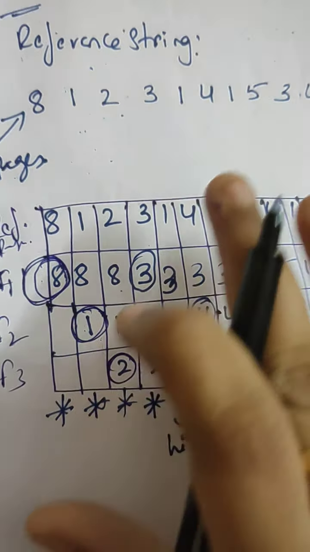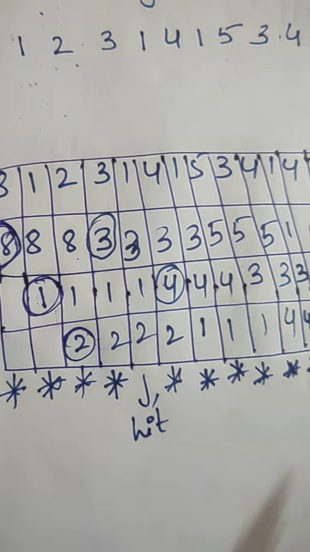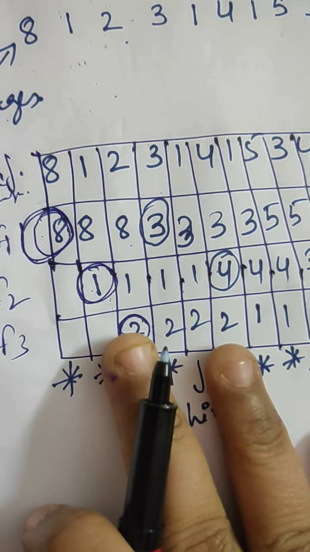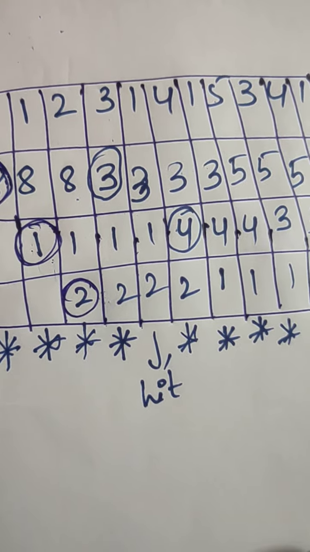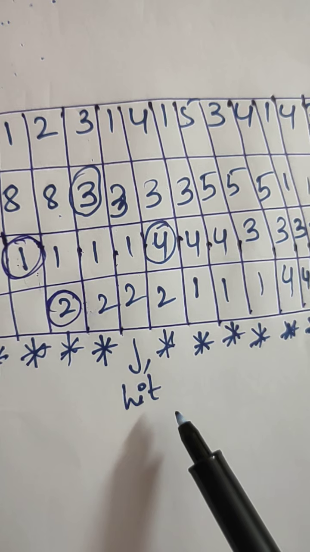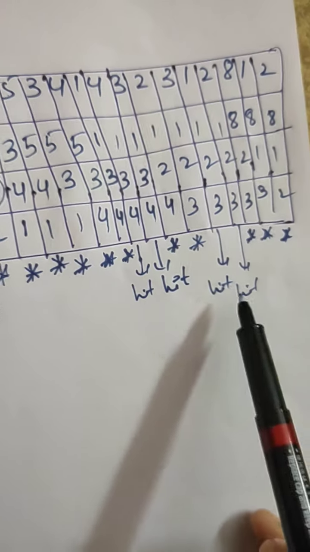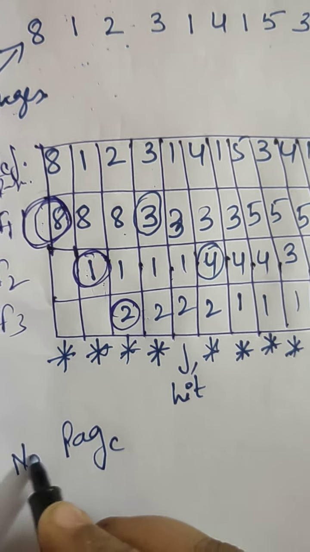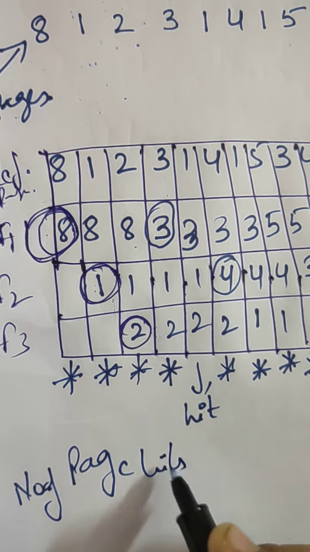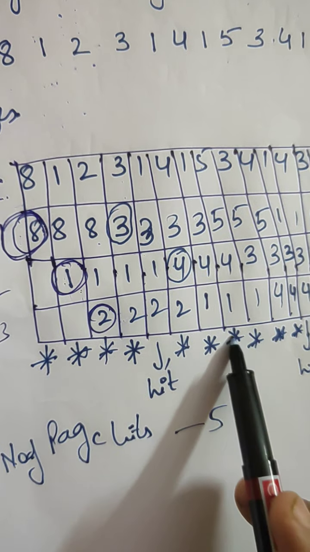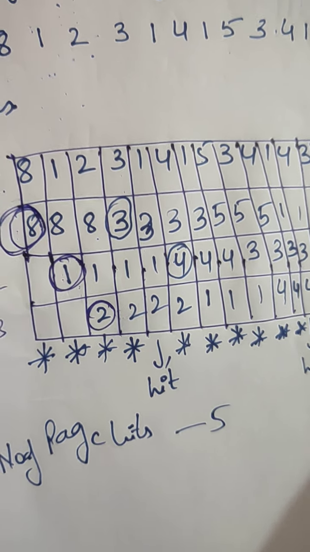Whenever, the easiest thing is, if it exists in the main memory you put it as a page hit. If it does not exist you put it as a page fault. Now just to calculate how many hits and how many faults we got. Observe here, we got 1 2 3 4 5. Number of page hits is 5, and page faults, let's calculate: 1 2 3 4 5 6 7 8 ... 11 12 13 14 15.